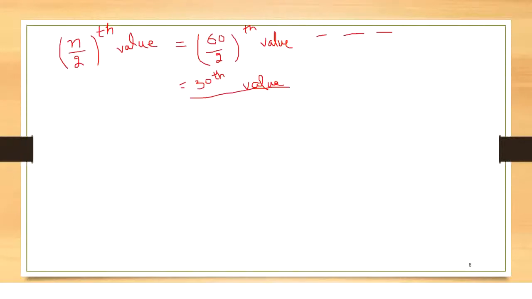So find the median. The formula of the median is L plus H by F into N by 2 minus C. Now by putting the values we have,